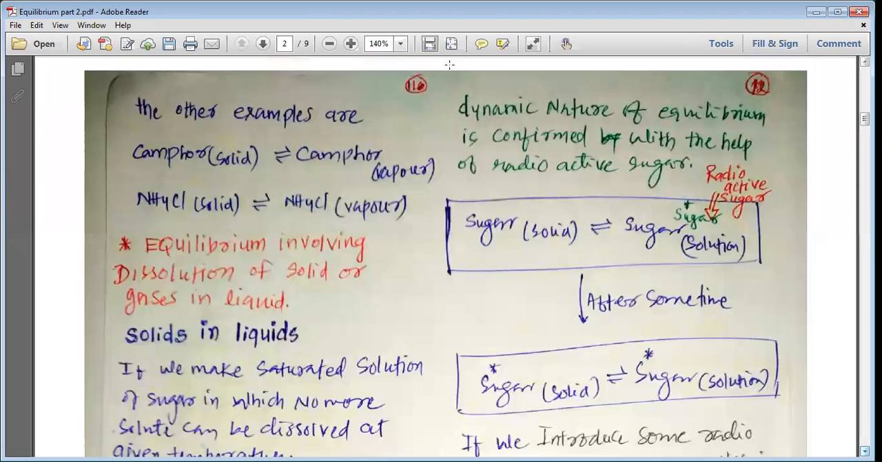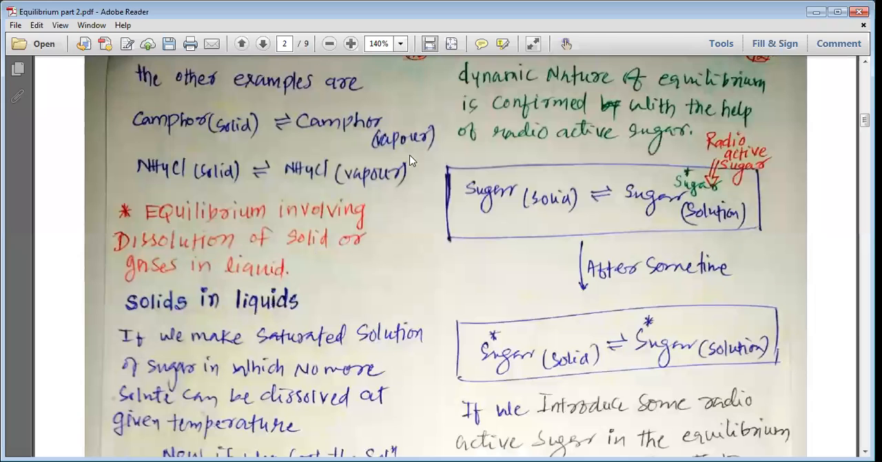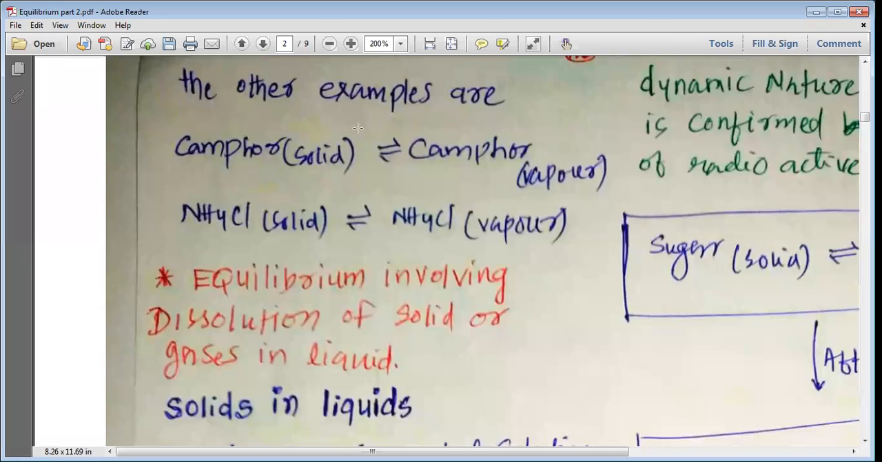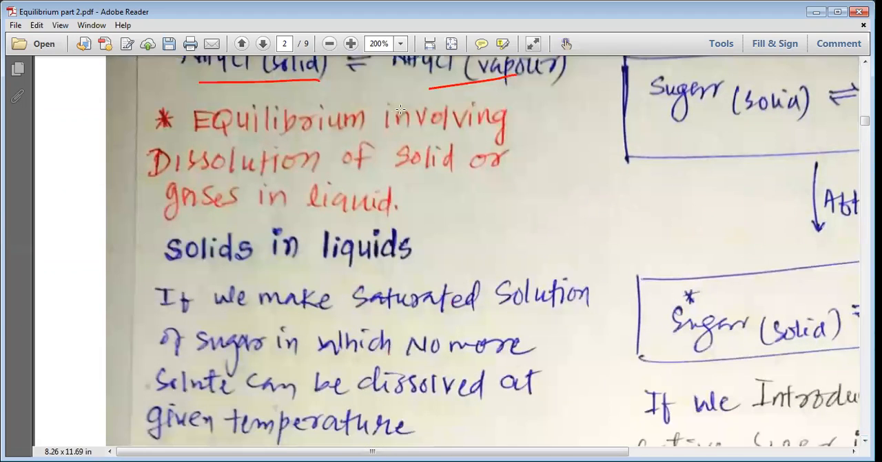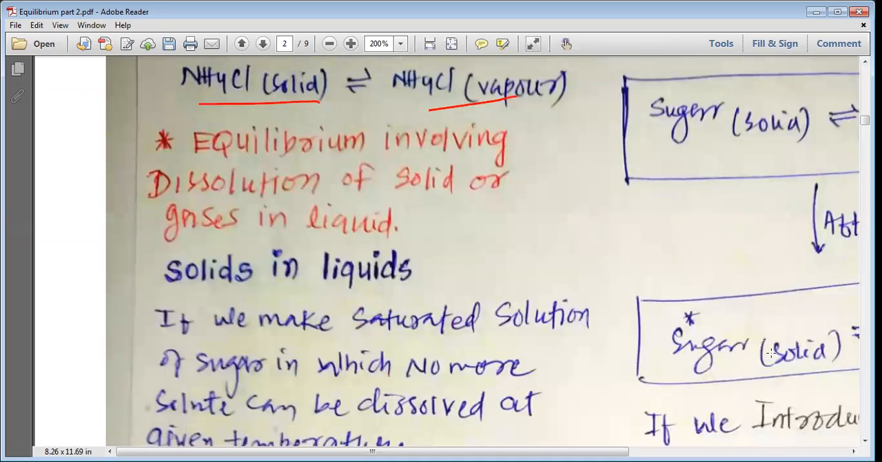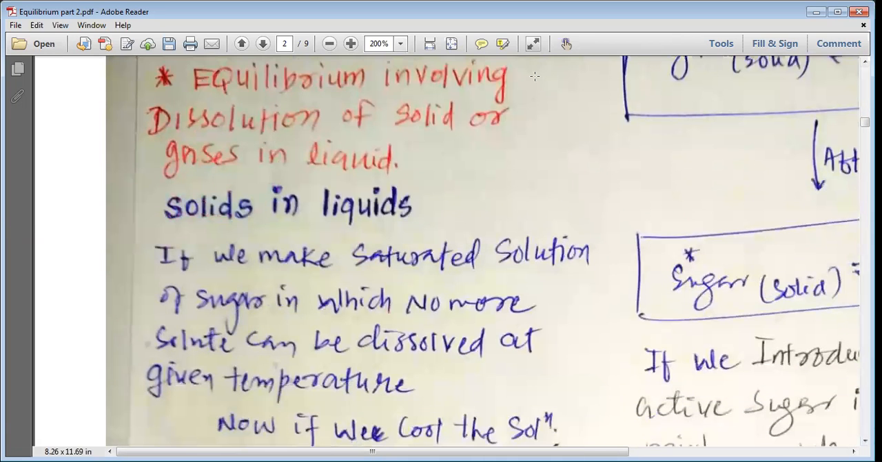Let us look at some more examples for this kind of equilibrium. There are a few more examples that we can easily understand. The other examples are the equilibrium established between camphor solid and camphor vapor. In the same way, we can have another example like NH4 solid and NH4 vapor. So all those substances which evaporate, we can see such examples. We can even see it in naphthalene. We can even see the same kind of equilibrium established between solid carbon dioxide, that is called dry ice,